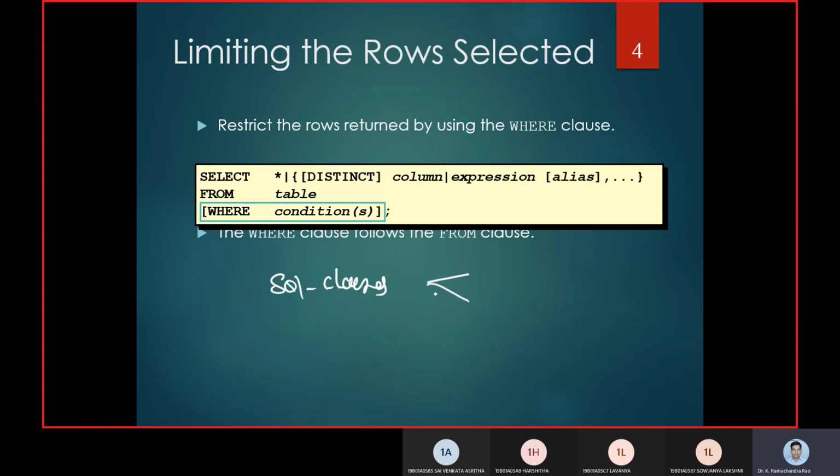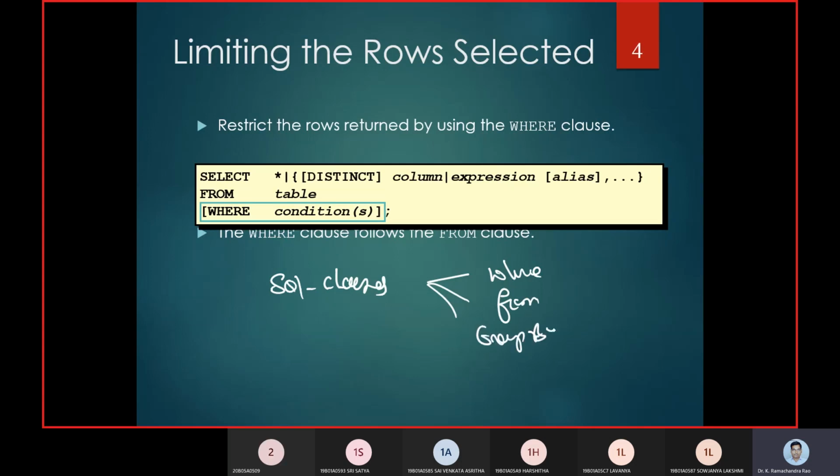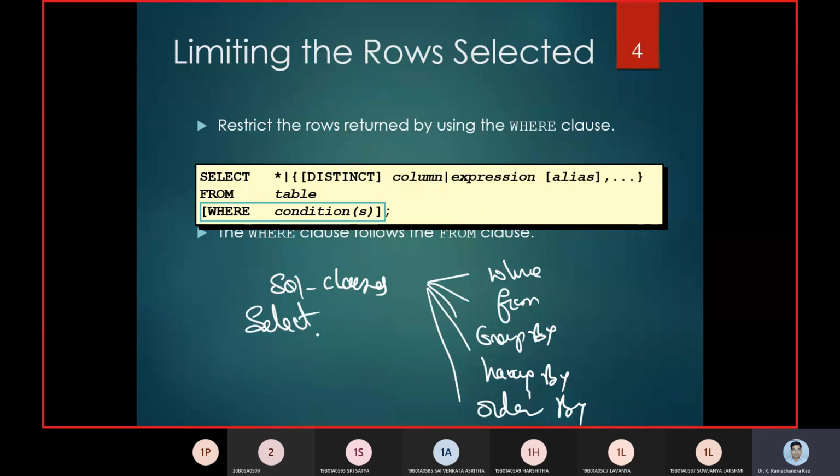In SQL clauses, we have the WHERE clause, FROM clause, GROUP BY clause, HAVING clause, and ORDER BY clause. So these are different clauses in the SQL SELECT command. We will use one after the other.